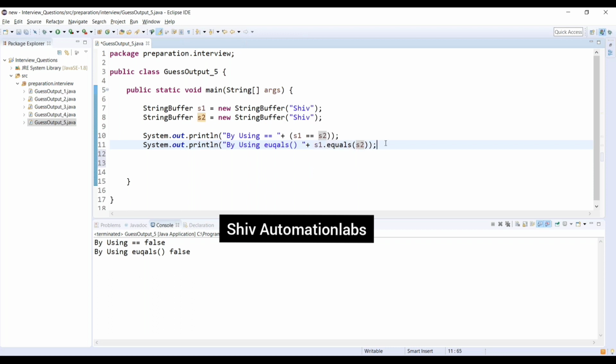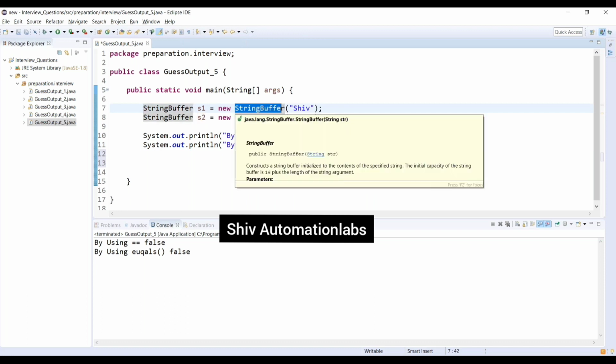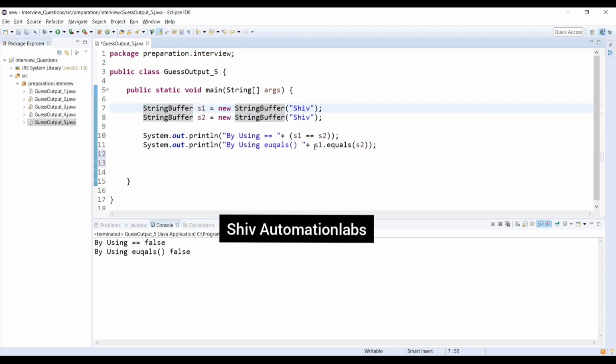In the string class we also have an equals method, which overrides it. But in string buffer, the equals method is not overriding it, because whenever we deal with the string, the equals method that is overridden is the one contained in the string class. That's why this makes the difference: it directly comes from the object equals method and does not override the string class equals method. So that's why it returns the false value.